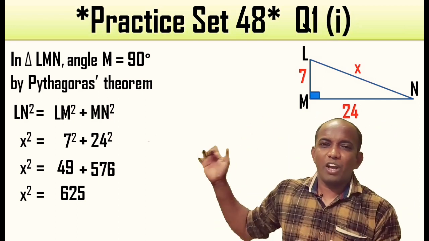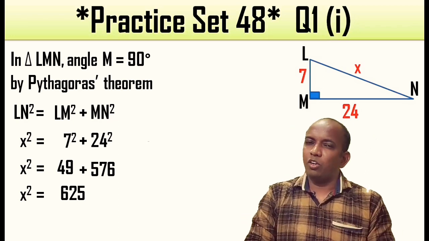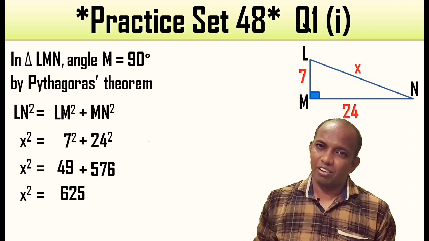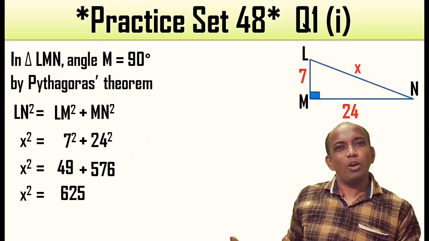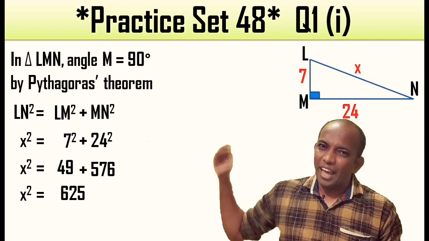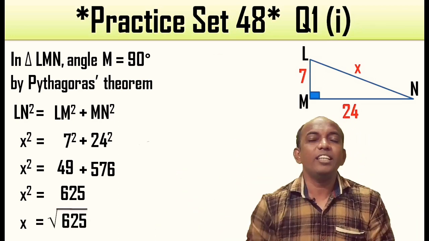Okay, so over here what we have is x square equal to 625. That means there is one number which after squaring we get the answer 625. So to get that number, to get the root, we have to find the square root. Yes, so over here we have x equal to under root 625, and to find the square root,